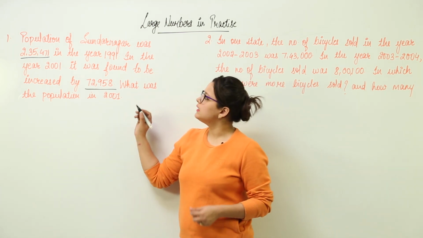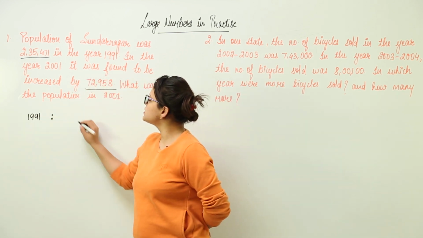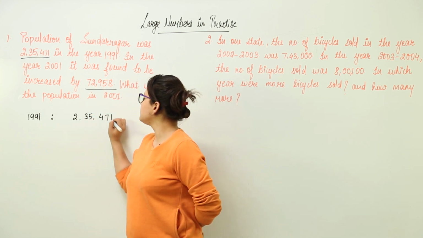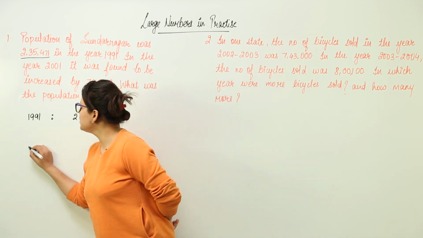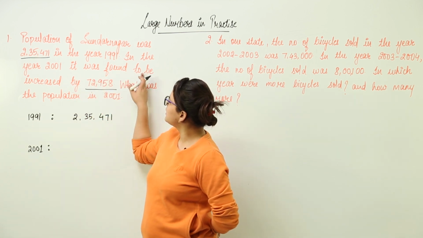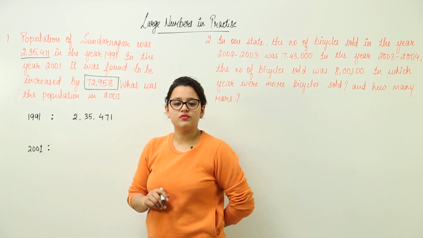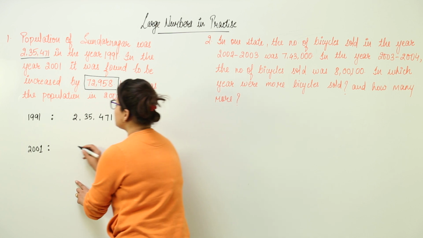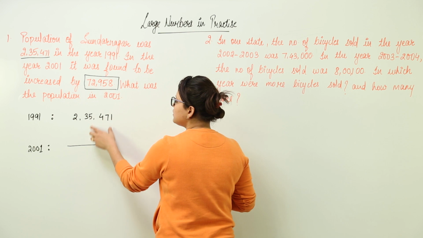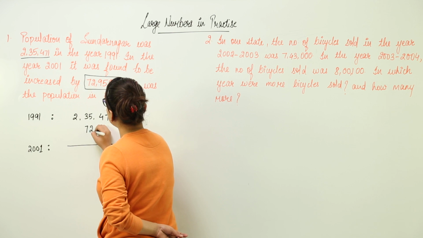Now, in the year 1991, let us write. What was the population? It was 2,35,471. We have to find out the population in 2001, and as per the question it is increased by 72,958. So what will be the population in 2001? It would be this added with 72,958. So now we are going to add them up,